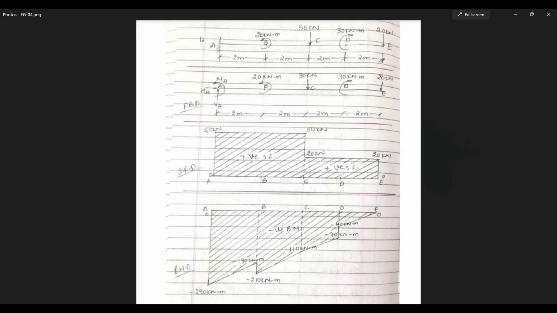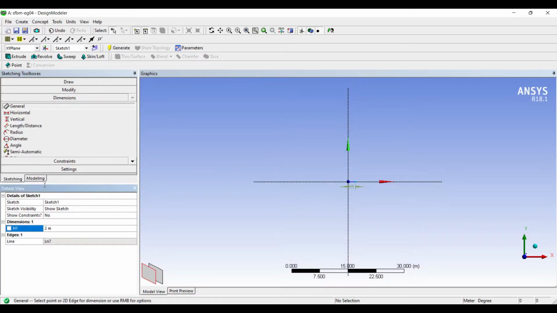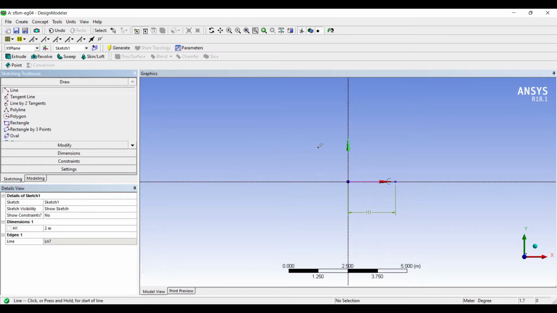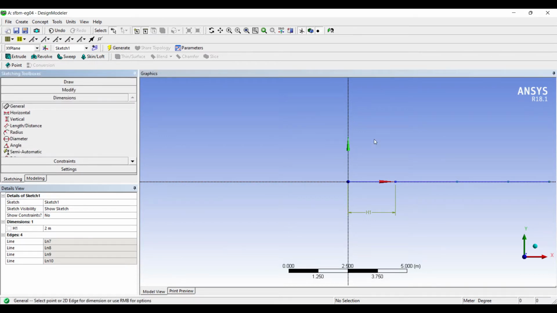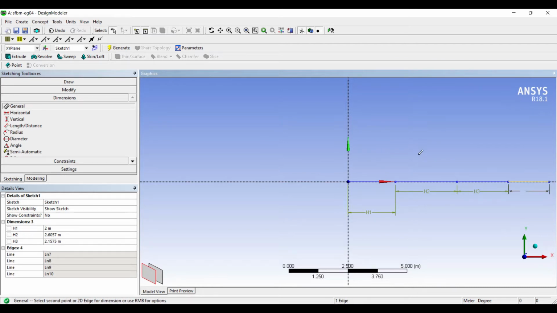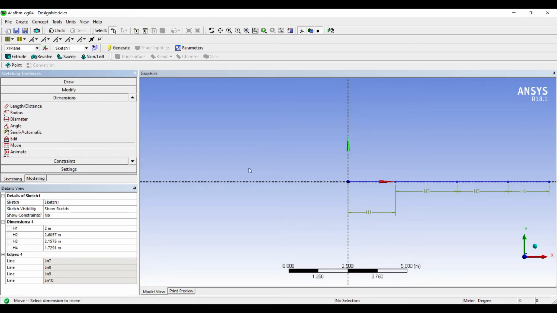There will be 4 such parts: AB, BC, CD and DE. The length of each part is 2 meter.